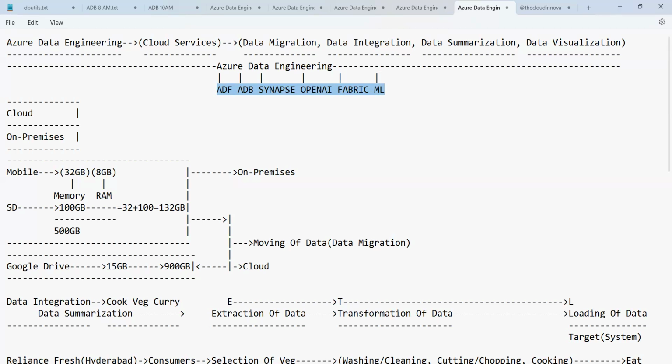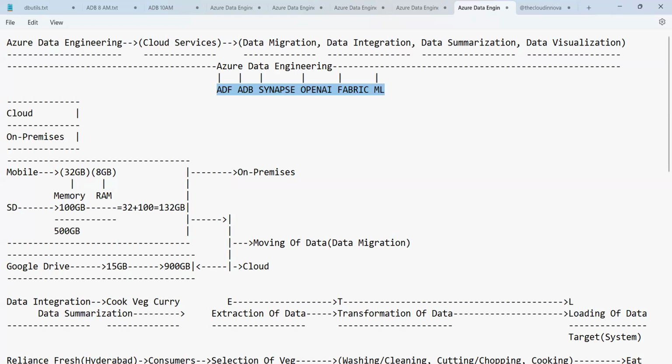When it comes to the duration, it will be almost 100 hours, which is more than 3 months, you can say. And apart from this, we will see a project: how to implement the end-to-end processing here, from which part the data flow starts, and where it ends. All this we are going to see as a part of this course.